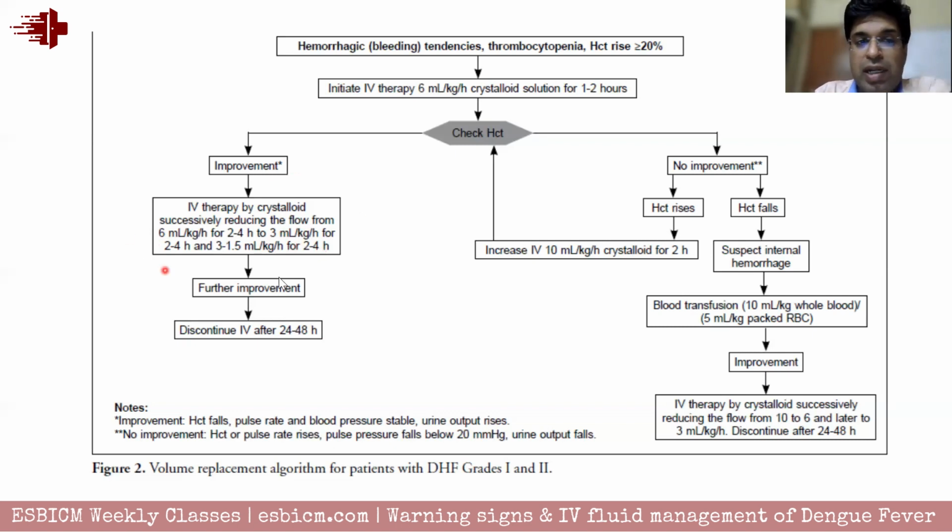So suppose the patient comes to you with moderate dengue, you check the hematocrit, it's a little bit high, you feel that this patient is dehydrated, so start with giving some boluses, or if not, you start with 500 ml per hour for a couple of hours, then reduce to 300, then come down to 100 to 150 ml per hour for the next 24 to 48 hours.